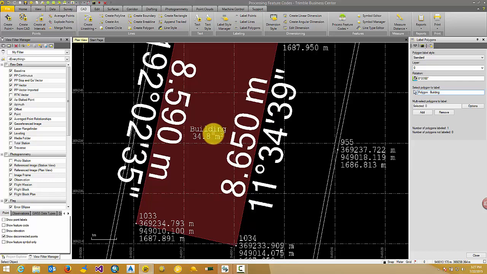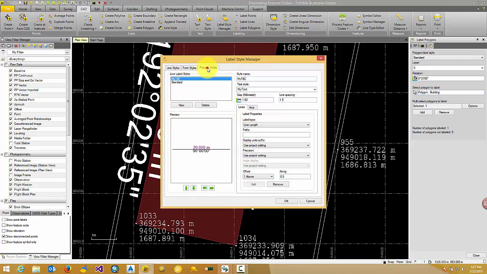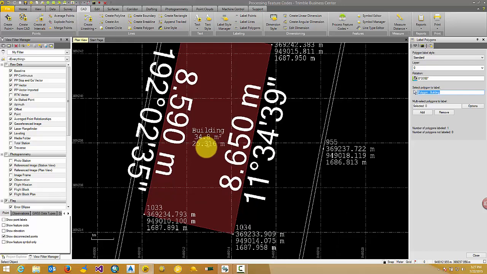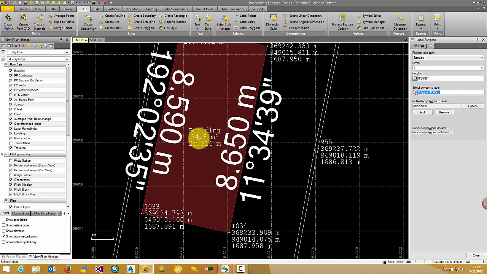In case you want to add more elements, you can go back to your label style manager, open your polygon styles and modify your standard style, and say besides name and the area, I want to add the perimeter, and say add. Here you get a preview so you can move the perimeter to the bottom, say OK,